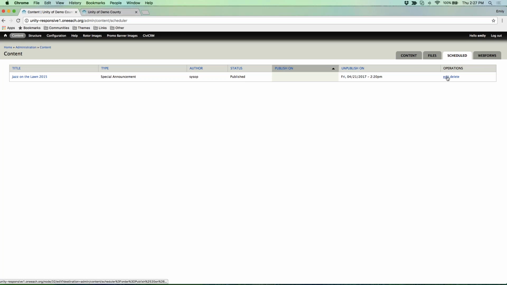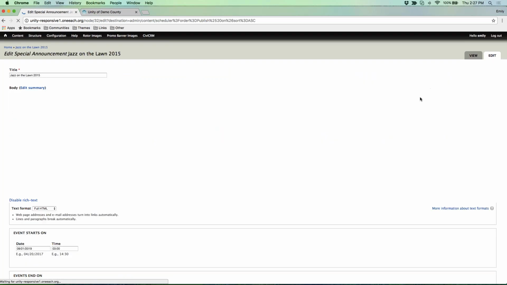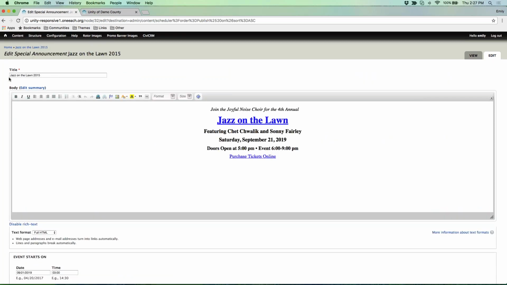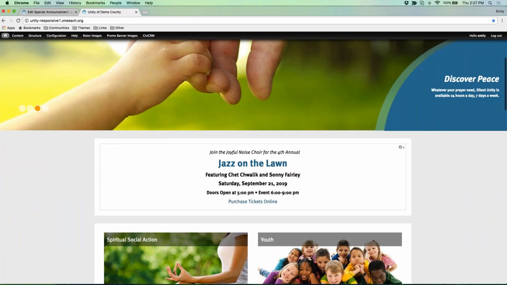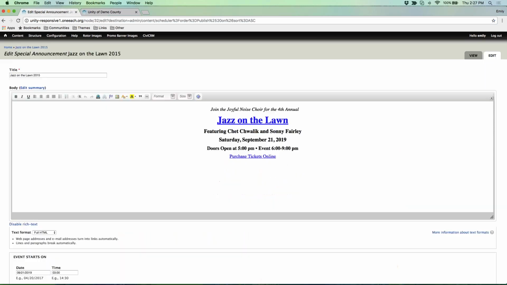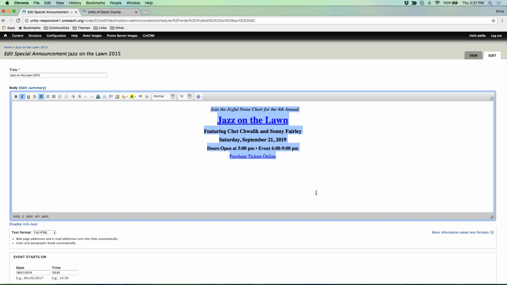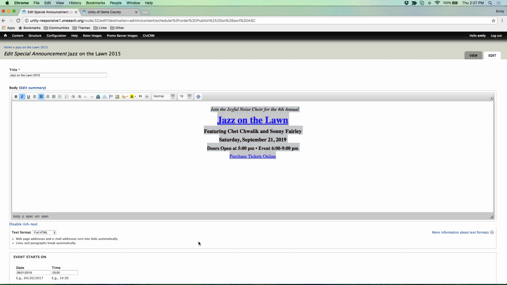So again, you can always come in here and edit these items. You can change the title. The title does not appear on the home page anywhere. Only the body of the item shows up on the home page. So only anything that appears in this area will show up on the home page in that block underneath your